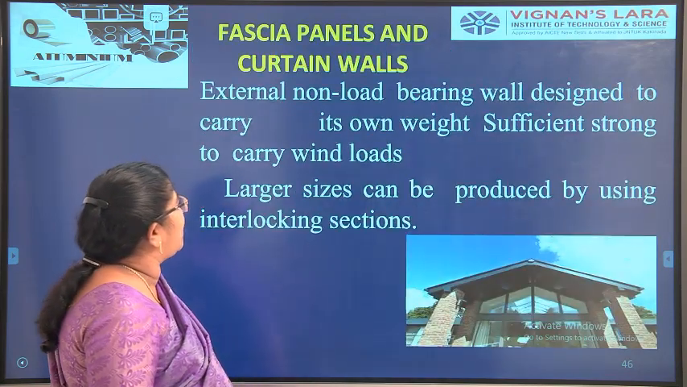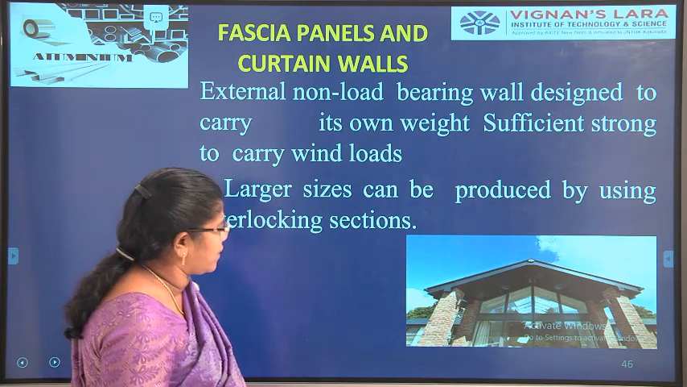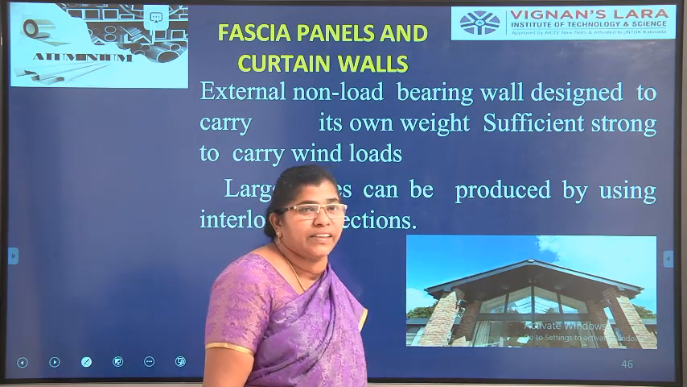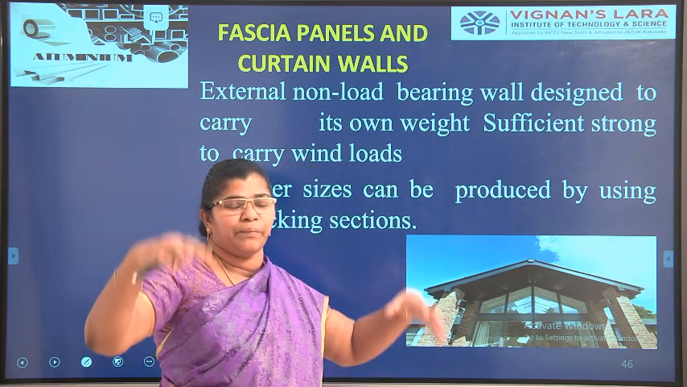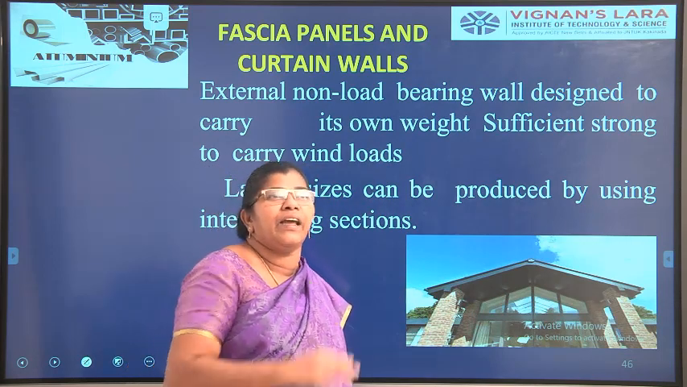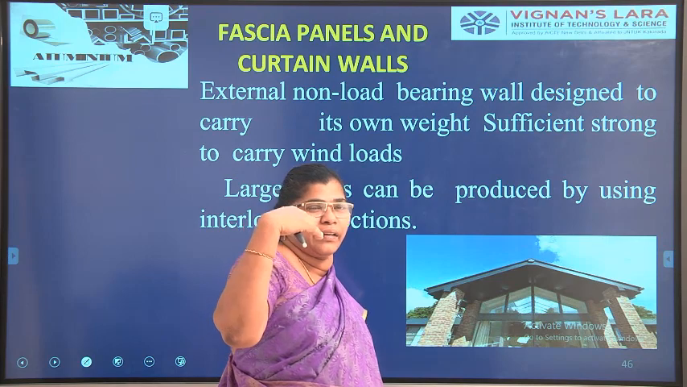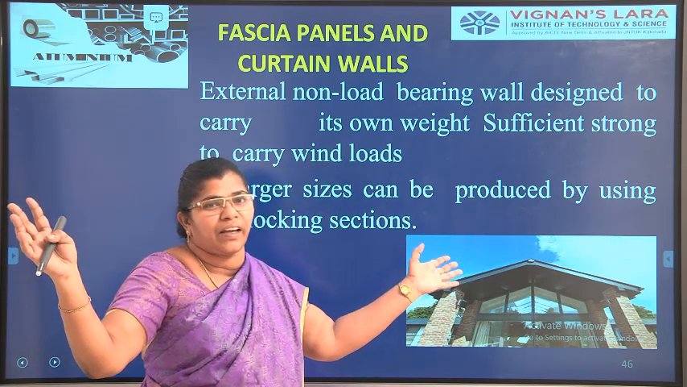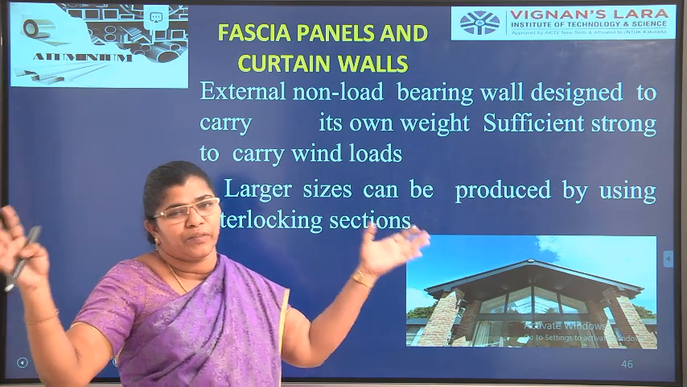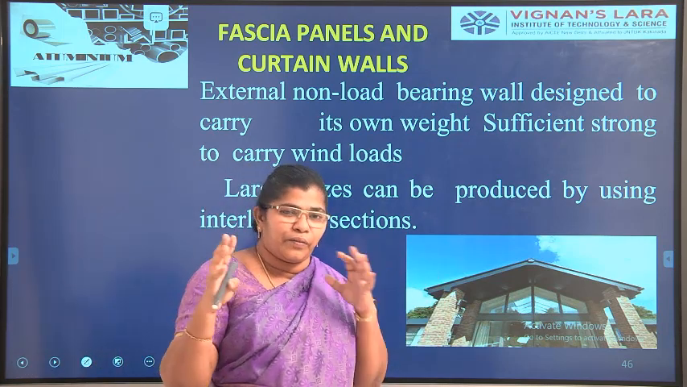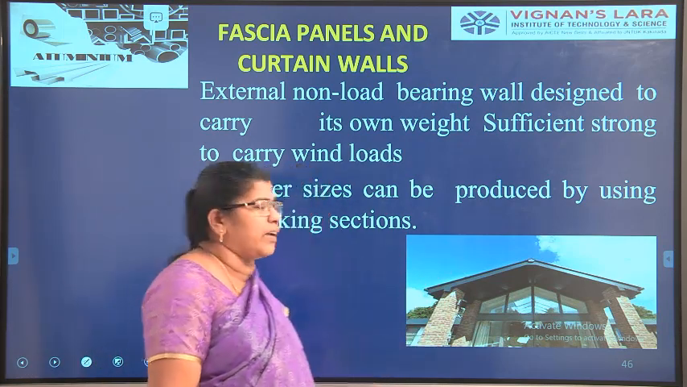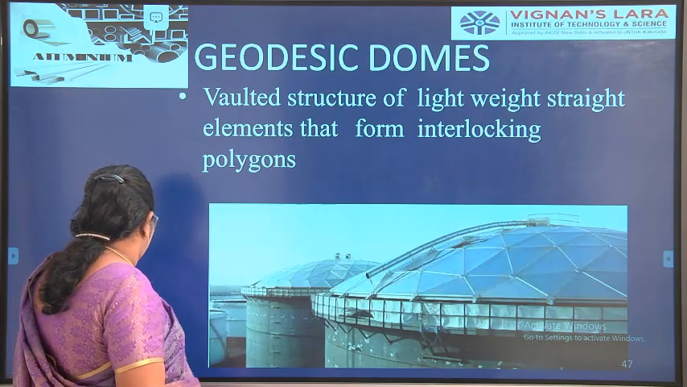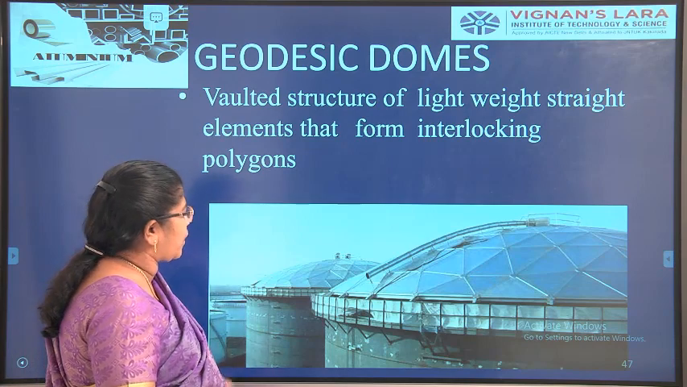And the fascia, panels and curtain walls. These are the curtain walls, used for decoration. You can see a very big mall. In between, at your front, you will see the fascia, and depending upon that, we will see how big this mall is, right? It is mainly based on this interlocking section of the aluminum, and